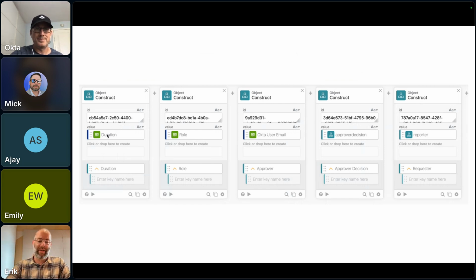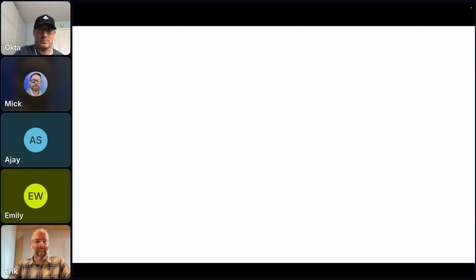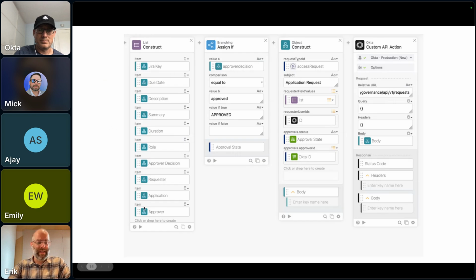And so instead of having multiple get object information and IDs and all that, we'll be able to just do it once, grab all the information, and then just drop our IDs in. So this is the structure of what the request looks like when you're answering questions. And then here you can see we created our list. This is all of the questions that are part of this particular request type.